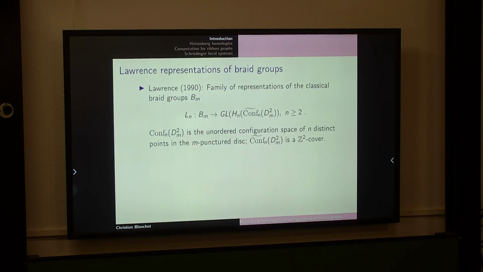So first, starting with old stuff. In the 90s, Lawrence defined a family of representations of the classical braid groups. And these are defined as actions